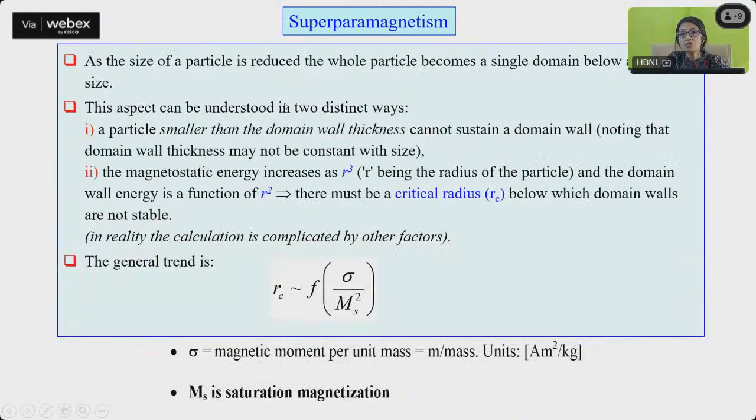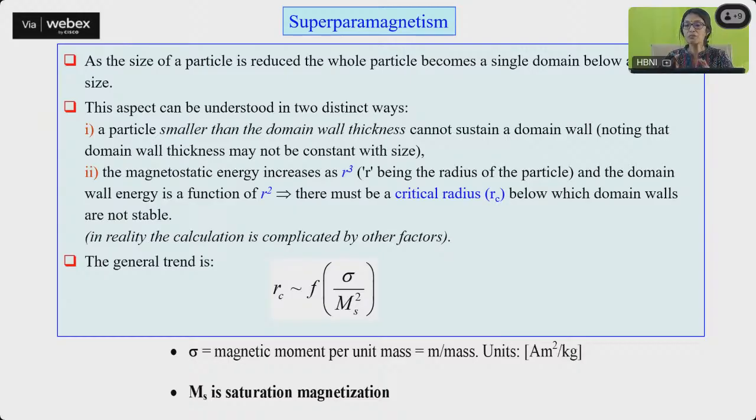Then there is another concept which is superparamagnetism. As I said, as the size of the particle reduces, the whole particle becomes a single domain below a critical size. A particle which is smaller than the domain wall thickness cannot sustain a domain wall, obviously. The magnetostatic energy increases as a factor of r cubed, where r is the radius of the particle, and the domain wall energy is a function of r squared. So obviously there is going to be a critical radius below which the domain walls are not stable, and that is the reason why